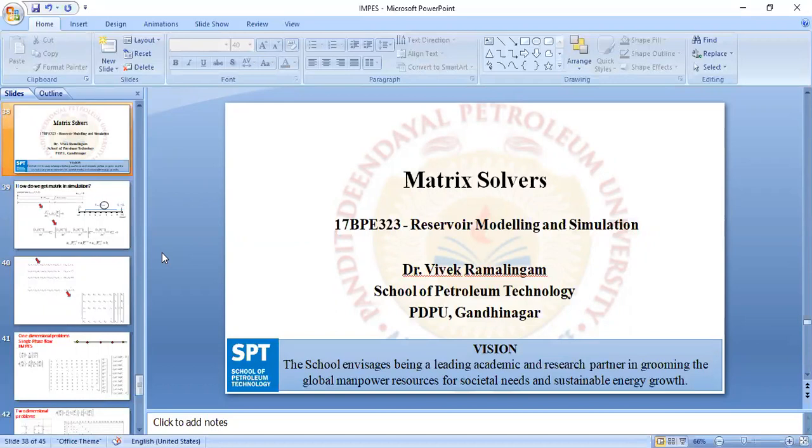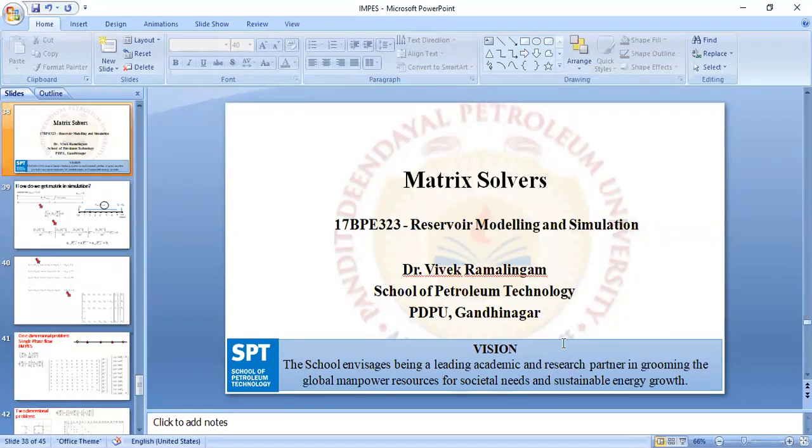Suppose we have divided the whole domain into 100 nodes; excluding the boundary nodes, we will have 98 nodes, and for every node you will get an equation, and finally it will lead you into a 98 x 98 matrix. So now the matrix has to be solved. That's why I told you it is an inherent part of the numerical simulation technique.